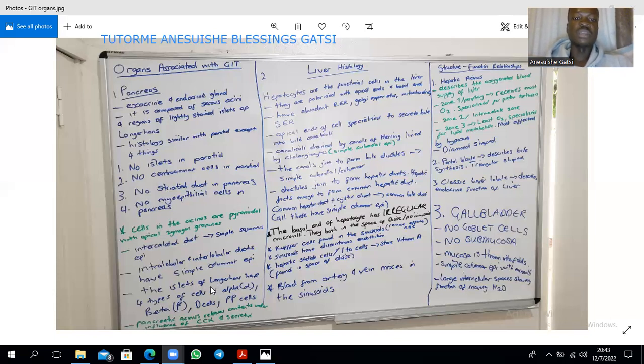Then you also remember that the B cells are implicated in diabetes mellitus, which is your type 1 diabetes mellitus, right? And a problem or an autoimmune condition that affects your B cells will result in diabetes mellitus, which is type 1, right? Then moving on to the liver will be the largest internal organ, and it weighs almost 1.5 kg,